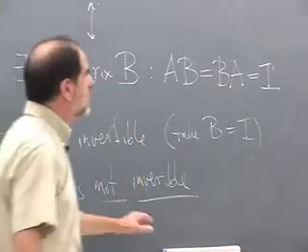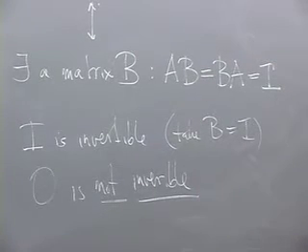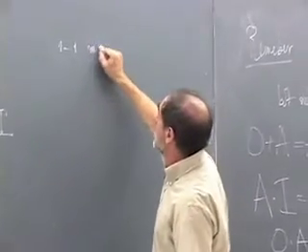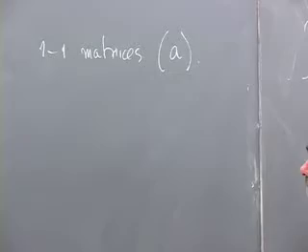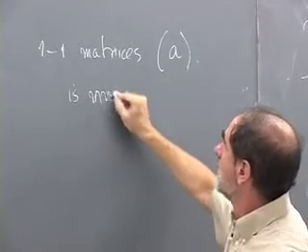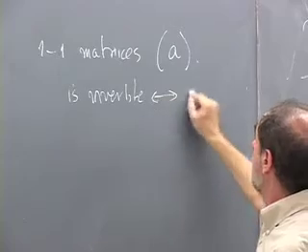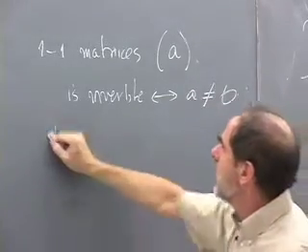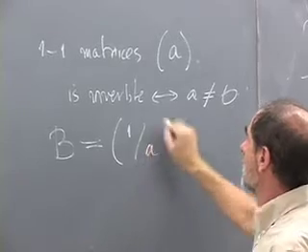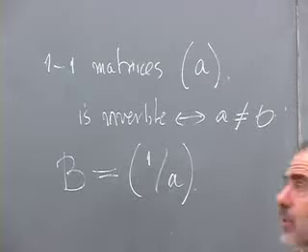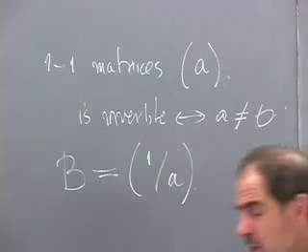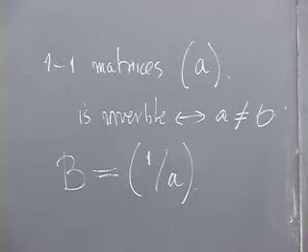But between those two, it's a tricky business. For example, for 1 by 1 matrices, it's an easy answer. But already for 2 by 2, it's quite complicated. So for 1 by 1 matrices, the matrix just looks like A, and A is invertible if and only if A is not equal to 0. And then the inverse matrix is just given by the entry 1 over A. That's the only thing you could multiply A by and get the identity matrix, which is just the number 1. So a real number is invertible if and only if it's non-zero.